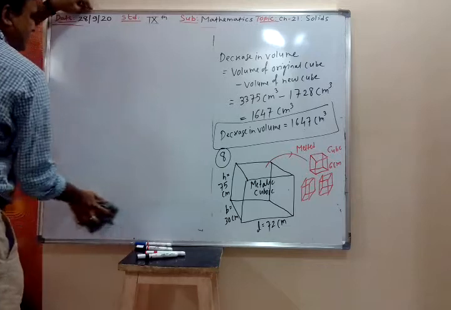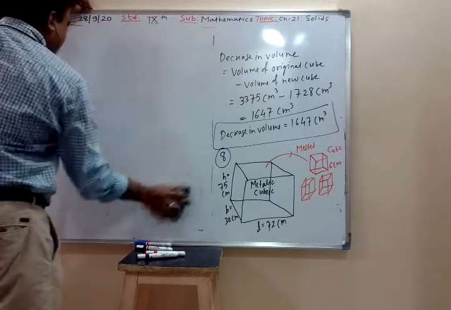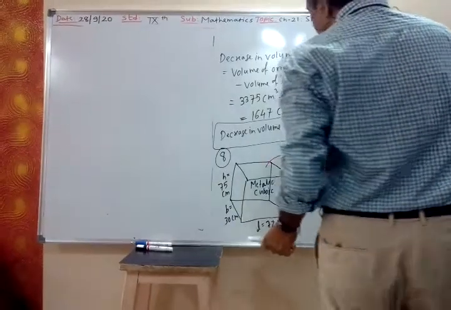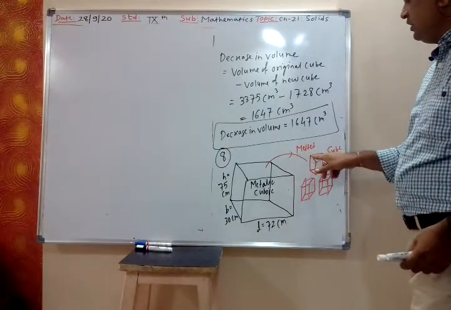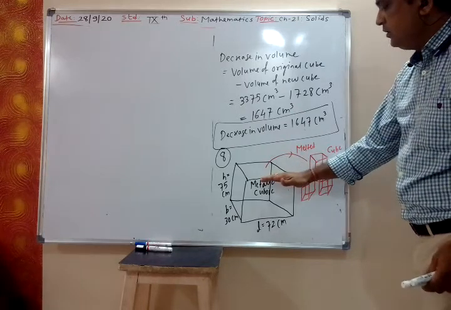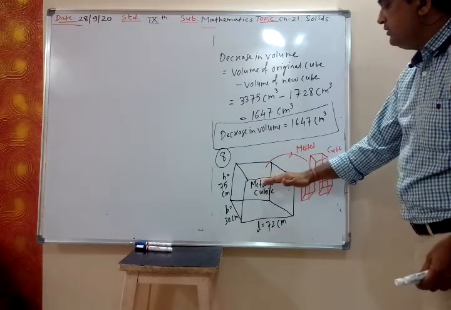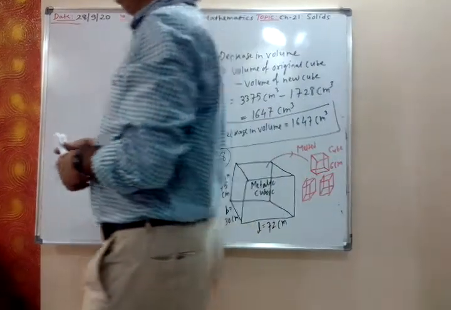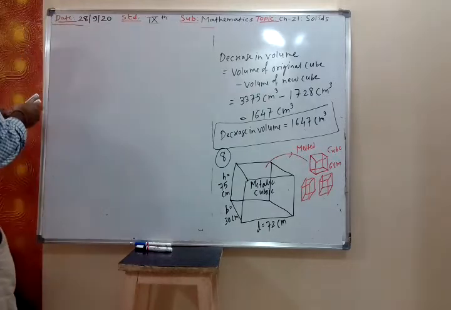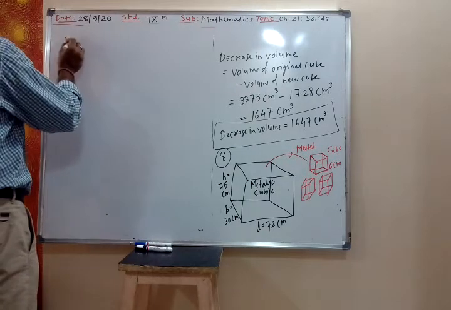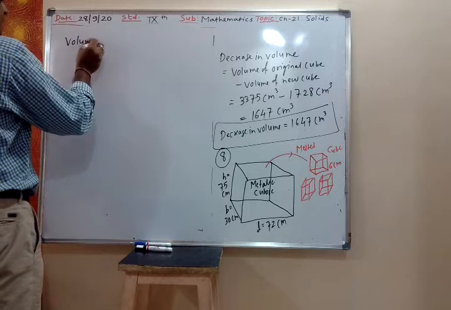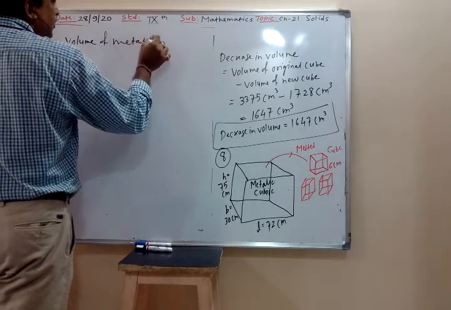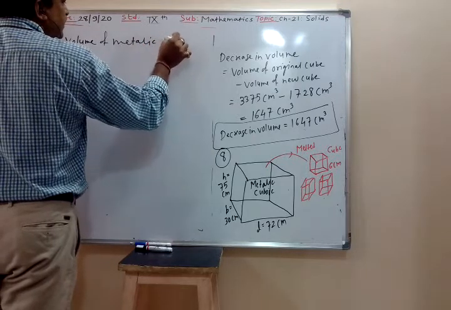So now we find the volume of the solid metallic cuboid, because after melting and recasting, the volume of this metallic cuboid will be the same as the volume of all such cubes. How many cubes are there? That we have to find. So now we write volume of metallic solid cuboid,